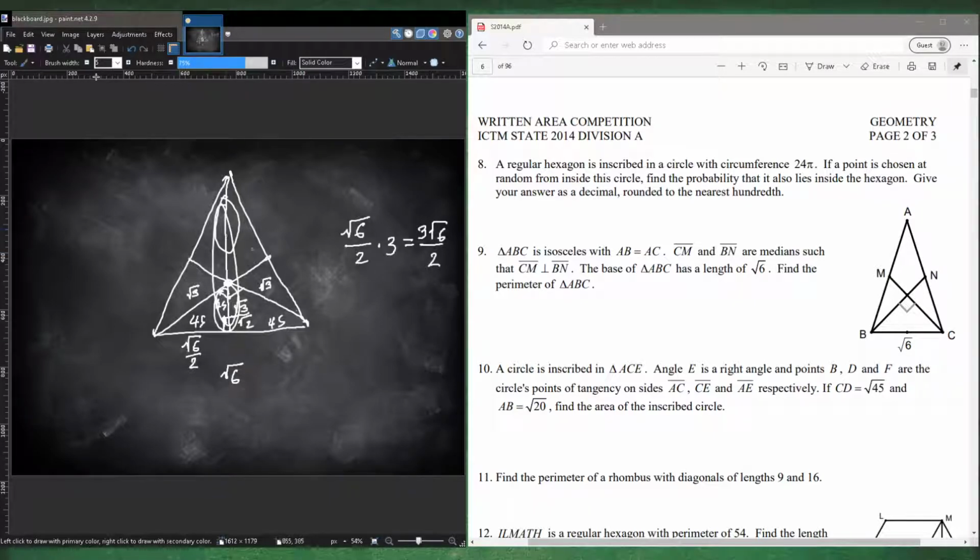And now we have the Pythagorean theorem. So square root 6 over 2 squared plus 3 square root 6 over 2 squared, which is just square root 6 over 2 because there's both of them here. So we have 1/2 squared plus 3 over 2 squared. So that's 1/4 plus 9/4, which is 10/4. And then that's just times square root 10 over 2. So square root 6 and square root 10, that's just a square root 5 and a square root 3. Because square root 2 times square root 2 is 2, so we can knock out one of these 2's. And then 3 times square root 5 is